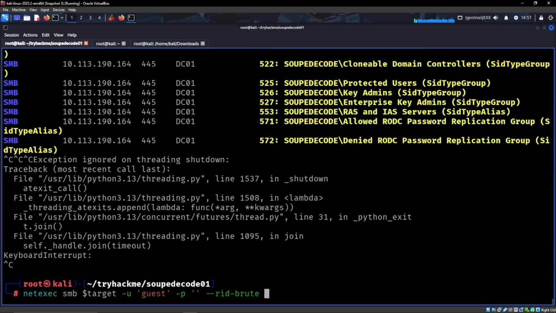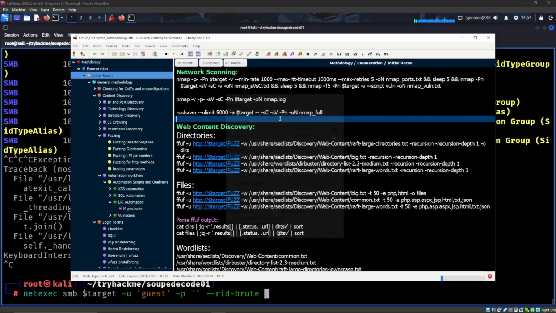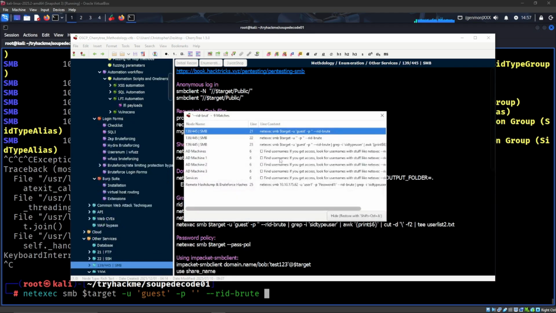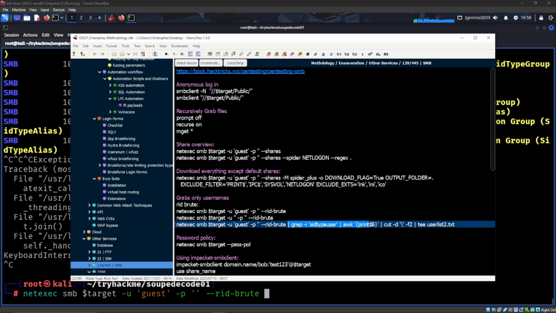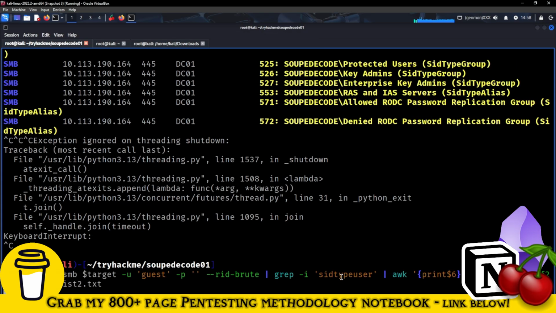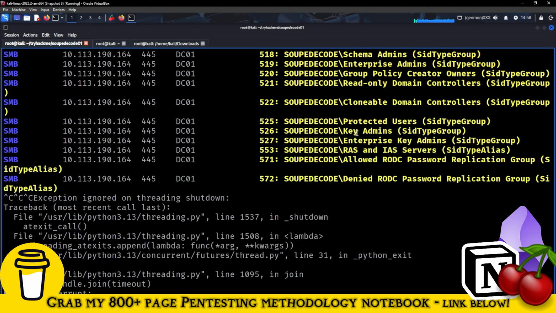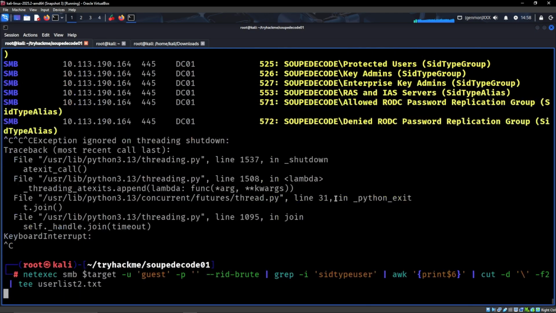Perfect. So now what I want to do is that I want to go into my notes, rid brute. So notes is just for convenience, right? The checklist allows you to give you a methodology and what to do and how to think, make sure you haven't forgotten something. But this is just very convenient in terms of copy-pasting commands that you've made earlier for convenience, right? So what this will do is just, it will parse out the SID users, and then it will only give me the usernames, right? So it will ignore all of this stuff, and it will only give me essentially the usernames from earlier that we saw. Like so, and then it will tee it, or it will pipe it out to a